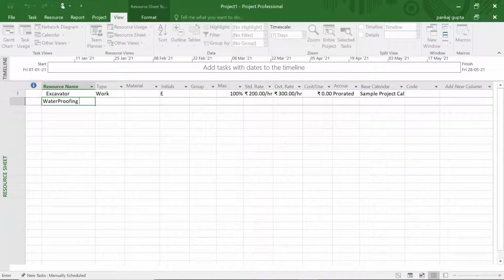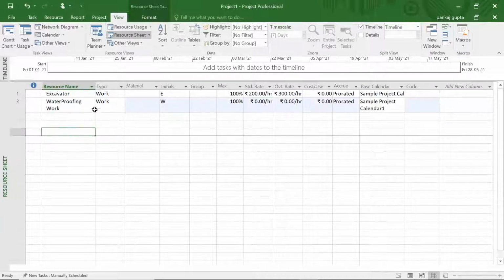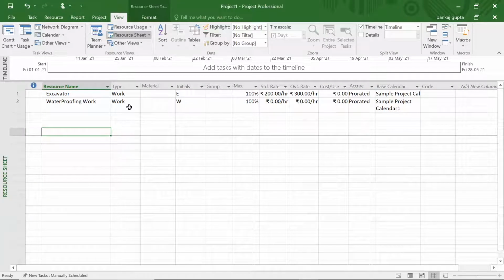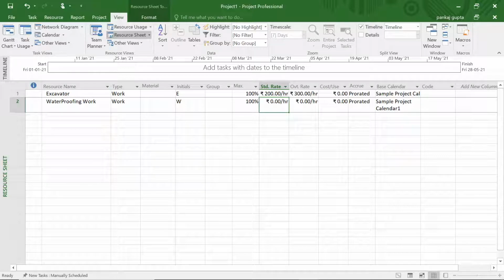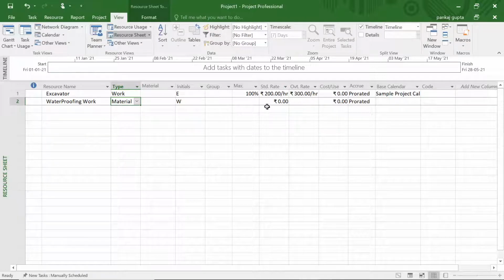Now suppose we want to define a resource waterproofing. Considering it as item rate work sublet to a subcontractor, we can change the type to material. And we can provide a unit whenever the material is defined. So let the unit be square meter.